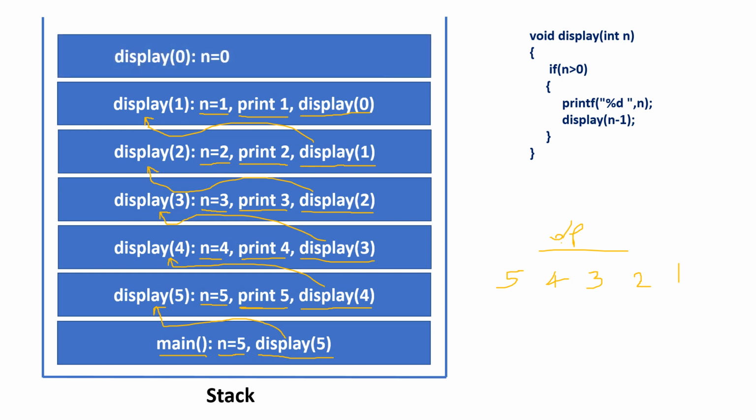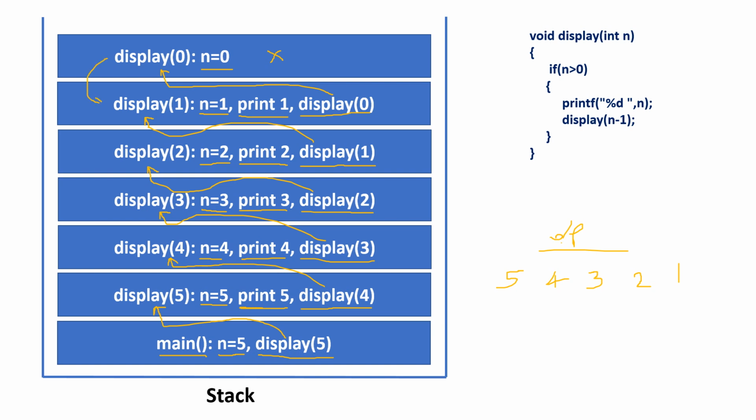Then a new copy of display function is created with value 0. A new variable n is created with value 0. Here the condition n greater than 0 will become false. Why? Because 0 cannot be greater than 0. At this point of time we are stopping the recursion process. At this point there will be no recursive calls, and once this function is completed, then automatically the control returns to